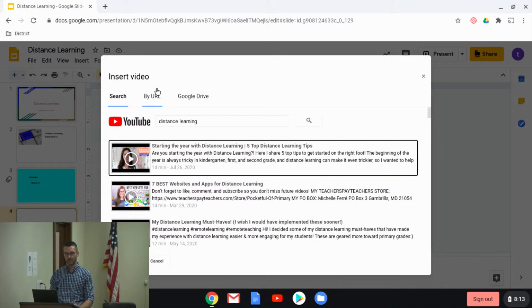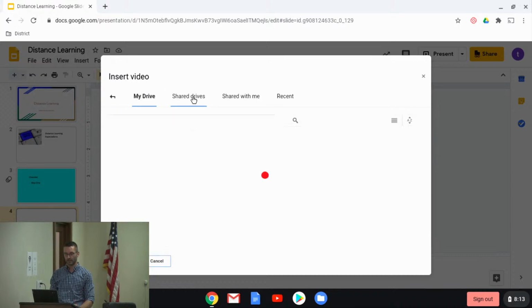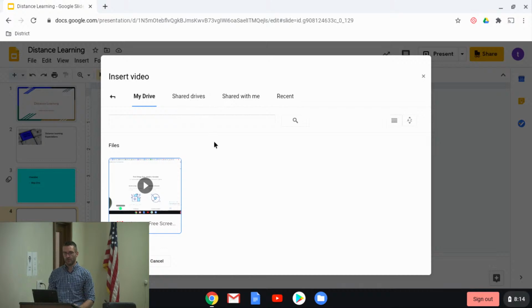Or if you have a YouTube video already, then you can directly add that by URL. You can also select videos from your Google Drive that you've already uploaded. So like if you did a screencast or a screen capture, or you have videos uploaded to your Google Drive, then those are also acceptable to select